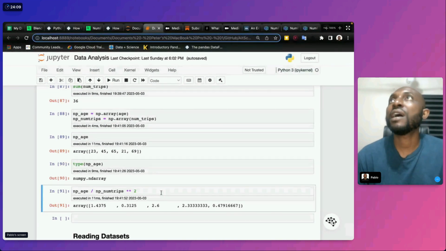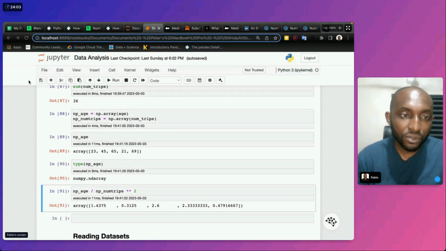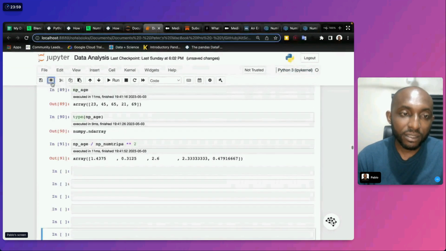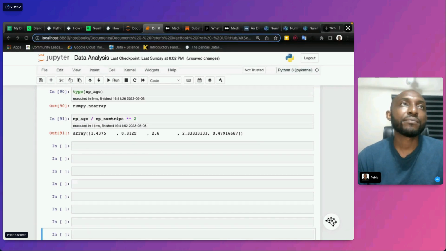So see how fast NumPy does that. NumPy really does a lot of this stuff and makes it pretty easy for you to do a lot of numerical operations. You can see that it's just another thing that makes it really cool.